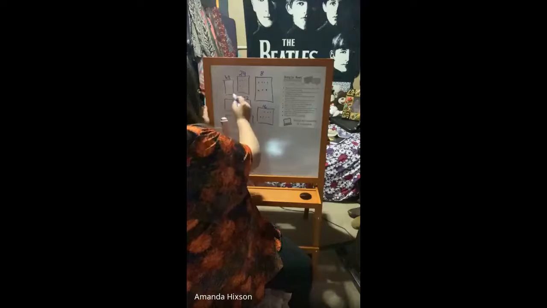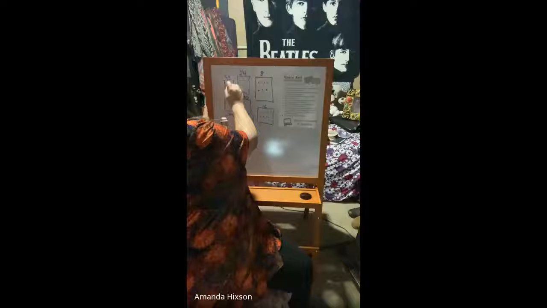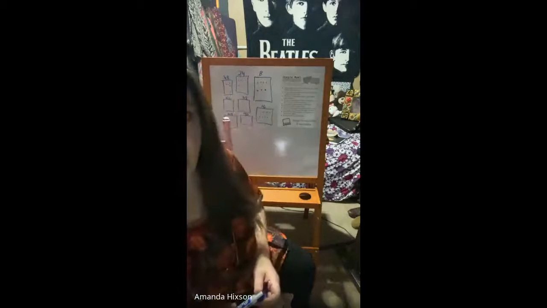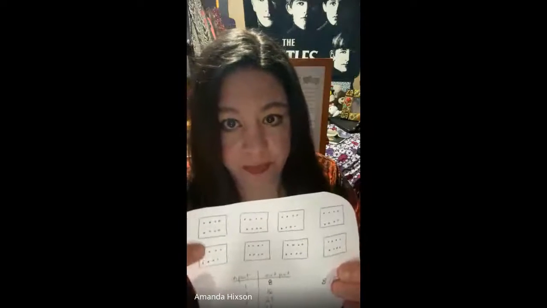Three, 4, 5, 6, 7, 8. I counted all the dots in each of these boxes until I counted up to 64. That's a long way to do it, but it's a really good way to do it. You see the boxes that I drew, and then you can see it right here too. I just did one at a time and put 8 until I counted 64 dots. But another way to do it